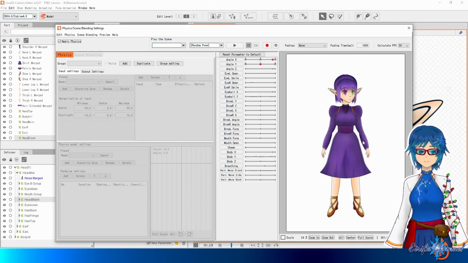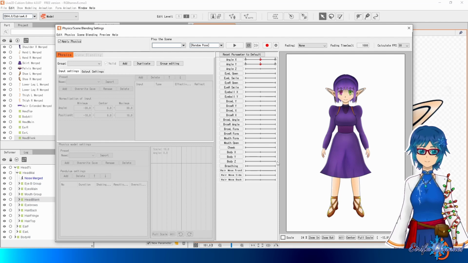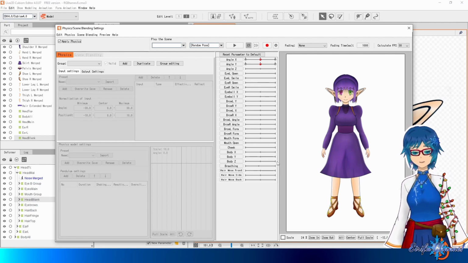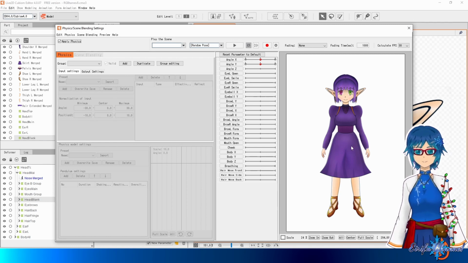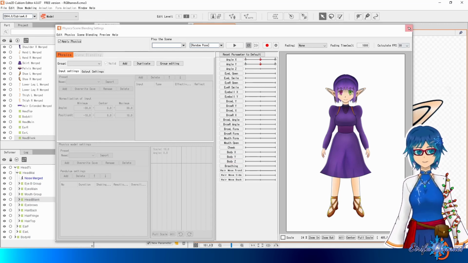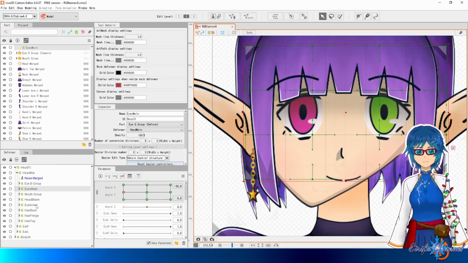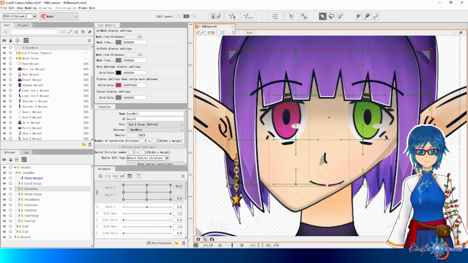So in this demo model, only the right side is rigged so far. And when doing rigging, it's really important to always keep an eye on the overview. Being zoomed in all the time, being zoomed in too far, can really make you lose sight of the bigger picture, because one goal is to make everything in the right position, but it's also to make sure that the entire whole of it looks good. So it's good, every now and then when you're doing bits and pieces of the alignment,